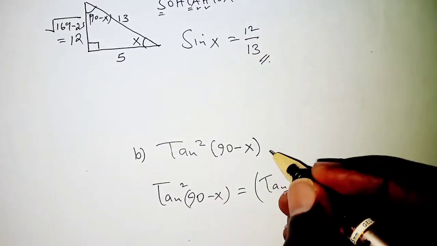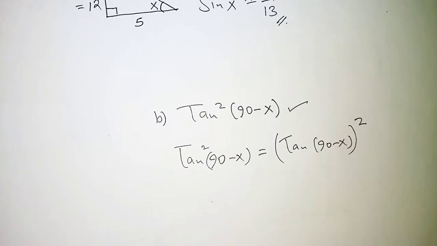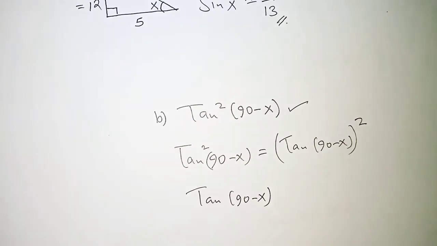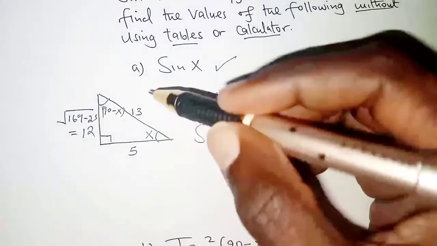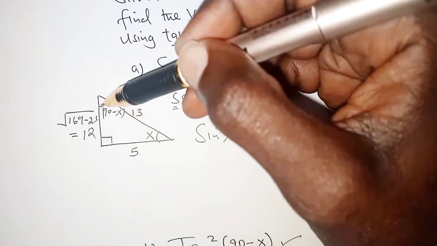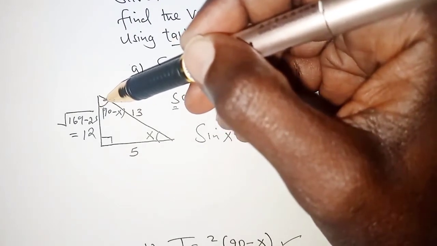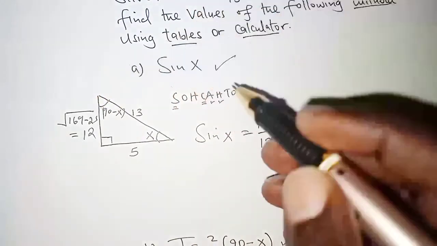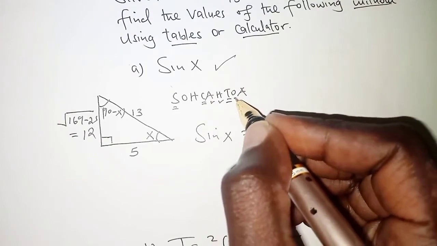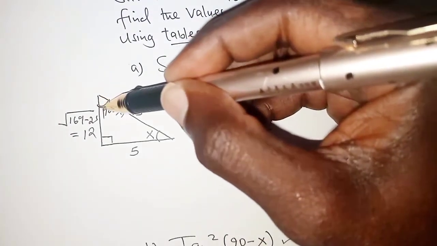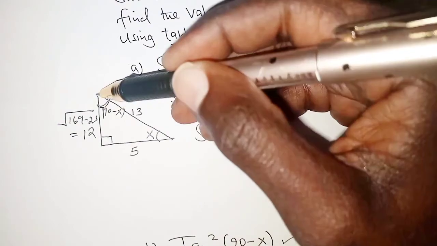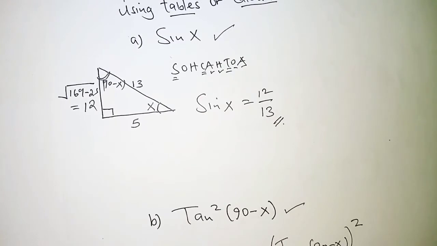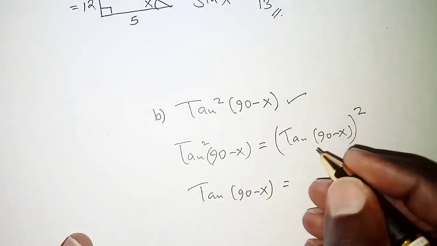So that means in order to work out this, we'll first of all get tangent of 90 minus x. So from our triangle, we will come and position ourselves at angle 90 minus x, and then ask ourselves, what is tangent of this angle? Tangent of this angle will be, from SOHCAHTOA, tangent is opposite over adjacent. So the side which is opposite this angle is 5, and adjacent side is 12. So that means we will be having opposite is 5,